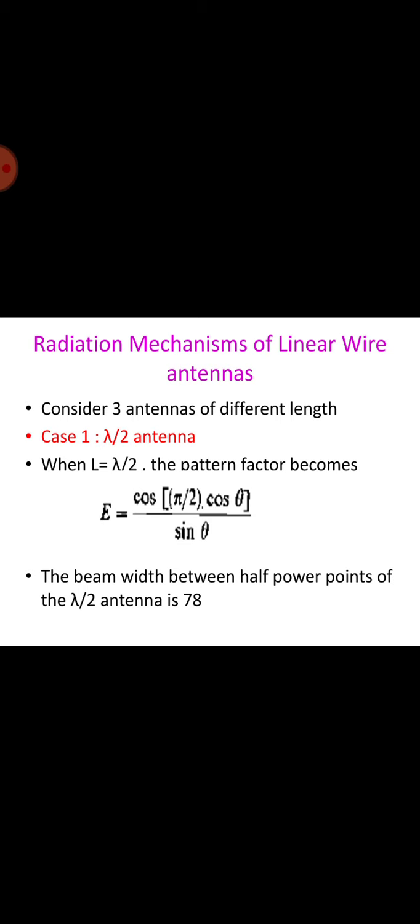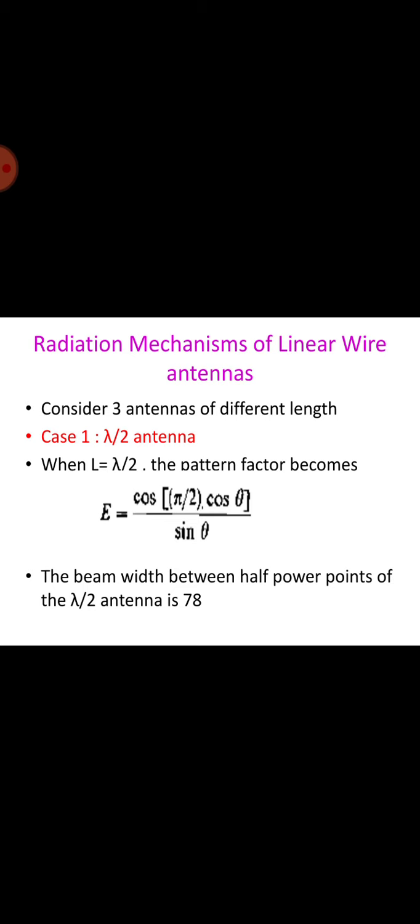So there is no factor involving phase, and since the center of the antenna is taken as the phase center, any phase change of the fields as a function of theta will be a jump of 180 degrees when the pattern factor changes sign. As examples of the far field patterns of linear center-fed antennas, 3 antennas of different lengths will be considered, and since the amplitude factor is independent of length and only the relative field pattern is given by the pattern factor, the pattern factor will be compared.